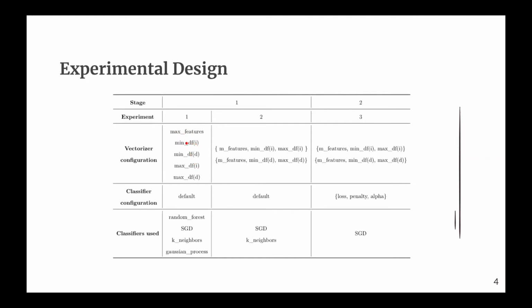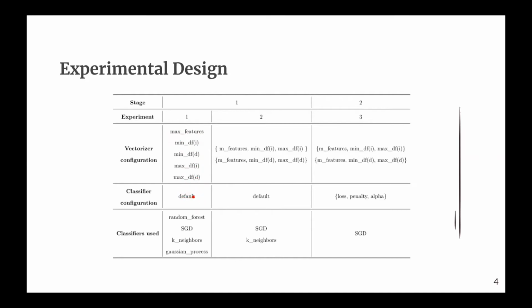As you can see here, I'm repeating min_df twice and max_df twice, and this is because we have 2 variants, and this is really important. We have a way in which we can try this parameter with an integer value, meaning that we would like to exclude those terms that appear in fewer than 5 documents, or we can use a decimal value telling us that we want to exclude those terms that appear in fewer than, let's say, 10% of documents. And with max_df, we have the same 2 variants representing either complete documents or percentages.